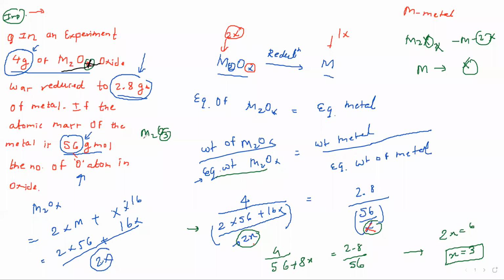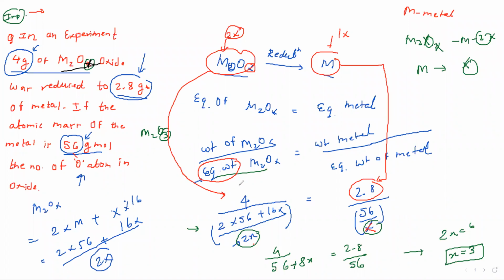In the question, they have given that 4 gram of M2OX oxide is reduced to 2.8 grams. Why do you have 4 upon this, not directly? You can't write 4/2 because you are not writing molar mass. You're writing equivalent weight. See here what I've written. Instead of taking this 4, why don't you take this 2.8 directly? Because only the metal is giving you 2.8 and the whole mass is giving you this 4.